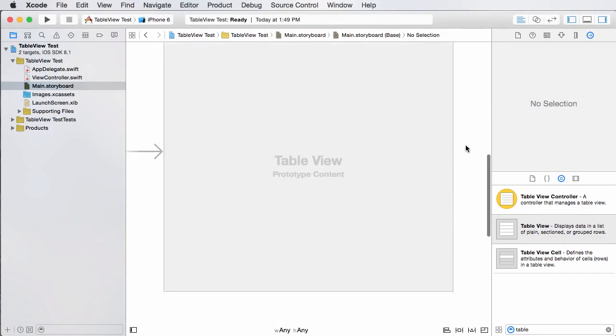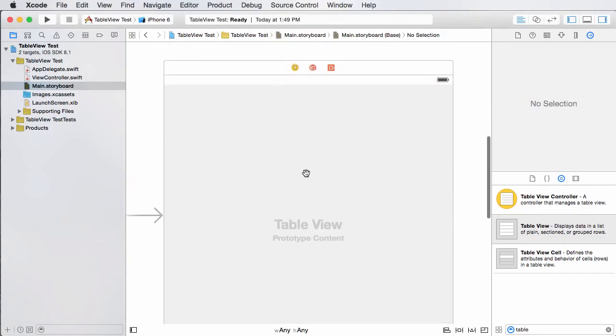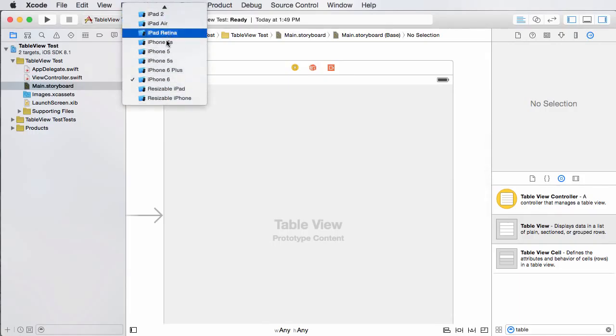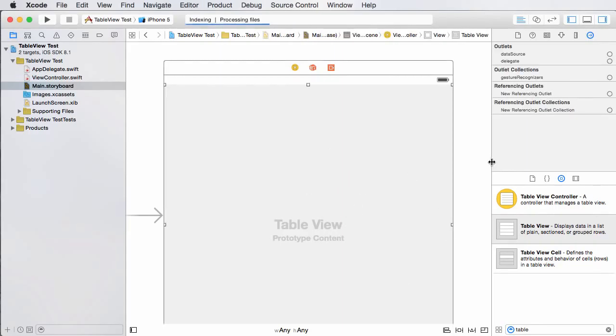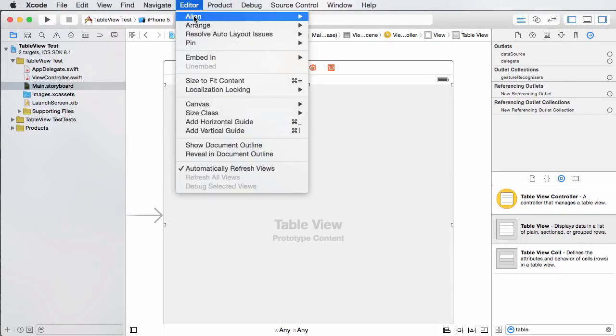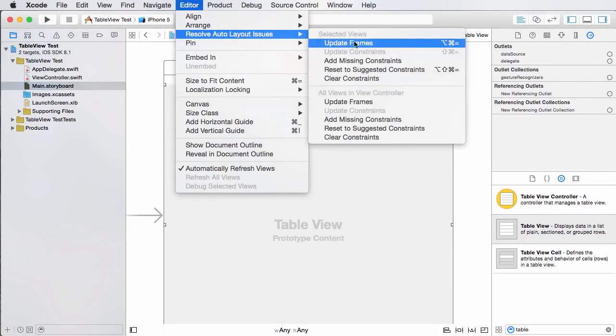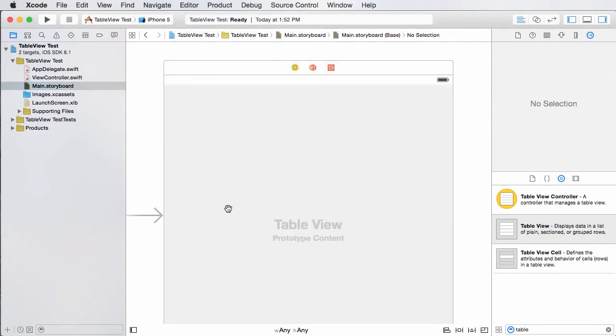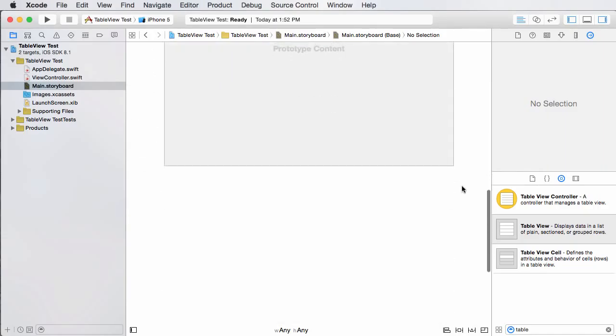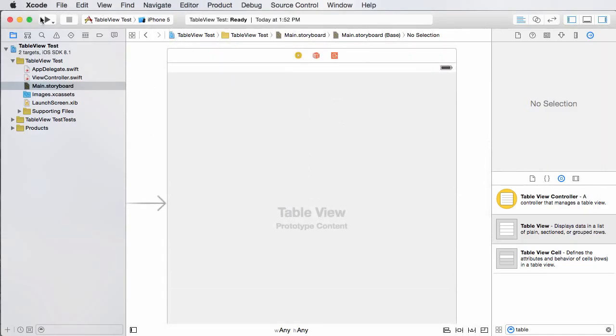And again, we want to make sure that this appears good on every device, and I'm going to be using the iPhone 5 to test right now. And we can do this in a lot of different ways. We can add constraints like before, but the real quick and easy way is if we go to editor and then we click resolve auto layout issues, we can just use reset to suggested constraints. And then we pretty much just let Xcode guess how we want our layout right now, and we can tweak it later on. But if we run this in the simulator,